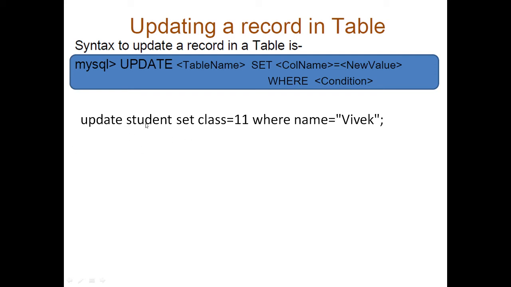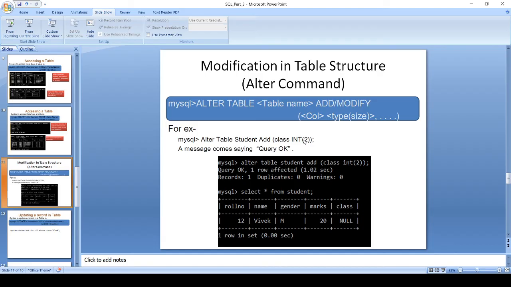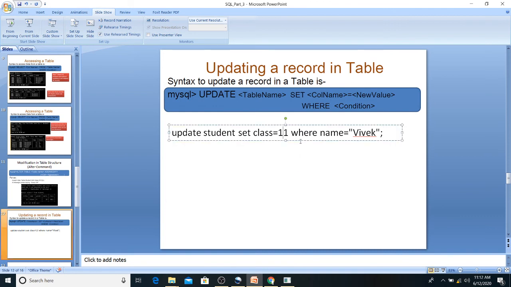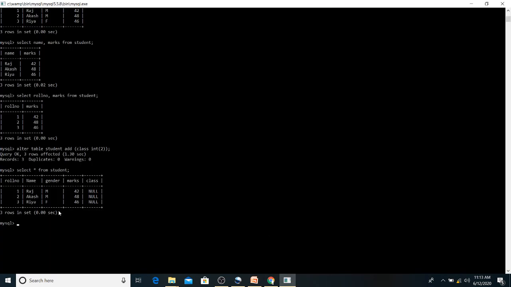So how can you do that? Listen, let's come to the table quickly first. Now I want to add the class, because the class column is nil here. The class of Akash is 8. So how can I do that? I will have to use the update command here. I want to add Akash's class here.